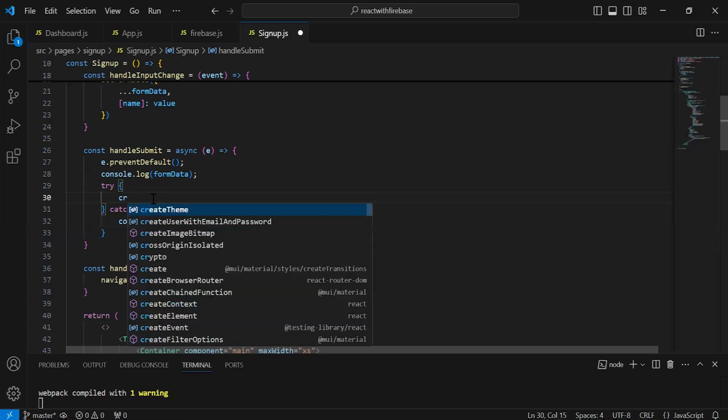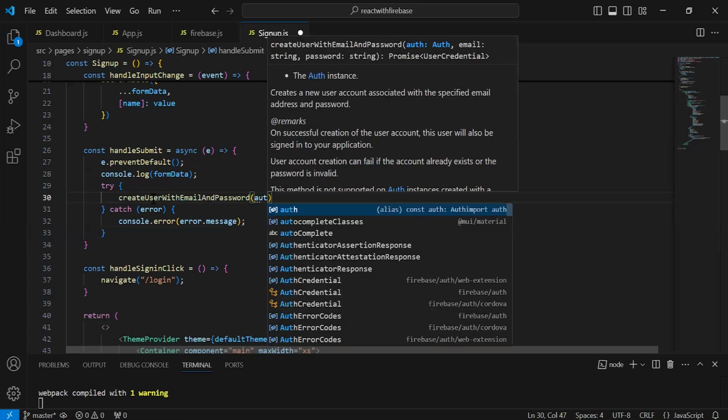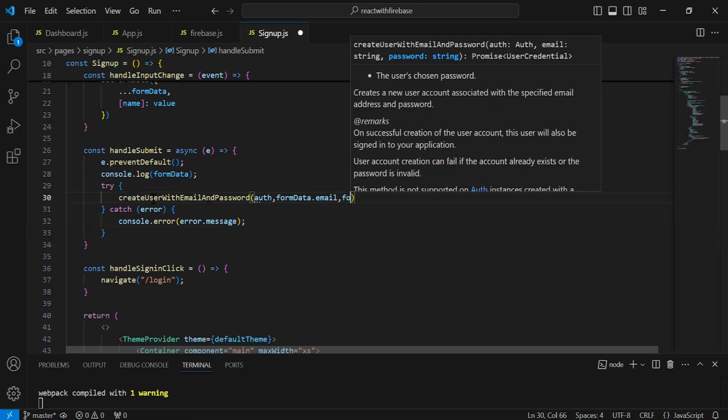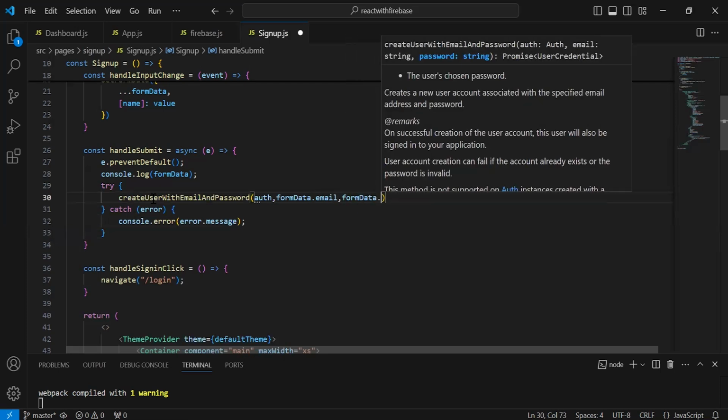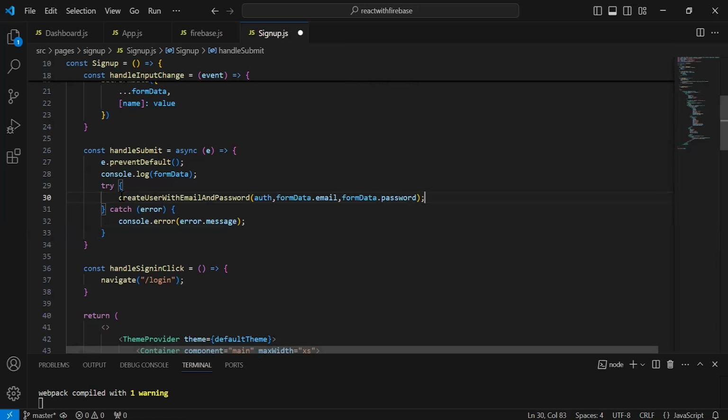Inside the try block, I'm going to call the method that we have create user with email and password. Inside the argument of this, we have to pass here the auth object. After this, we have to pass here the email. At the last, we have to pass here password that we will get from the use state, that is a form data. Let me add here the await,